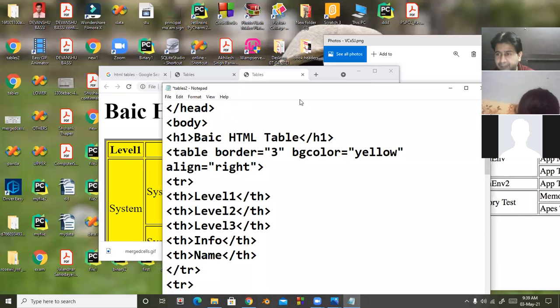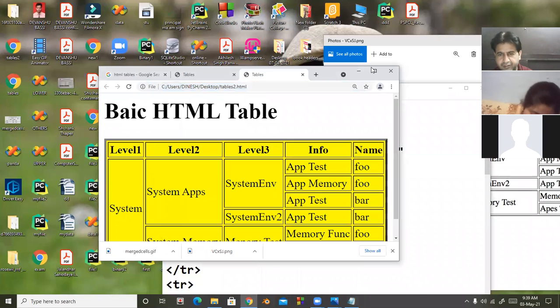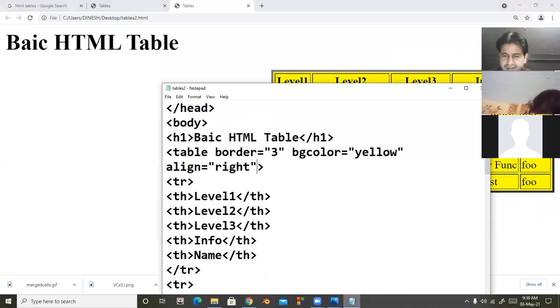This is the align attribute of the table tag. So look at here, the table is right aligned. So I am taking here left, the table will be displayed on the left side.